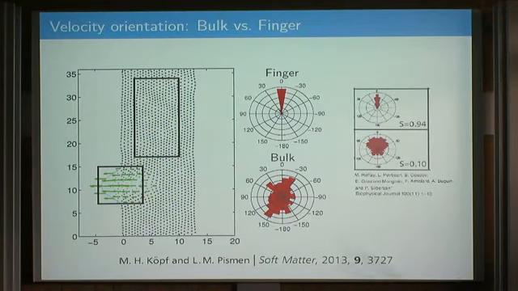And here are experimental pictures of polarization, which are different in the bulk. There is almost no polarization in the bulk, but there is strong polarization in these fingers, which develop on the surface. And here we imitated this in the same way in the computation. But it is interesting really how polarization is defined.